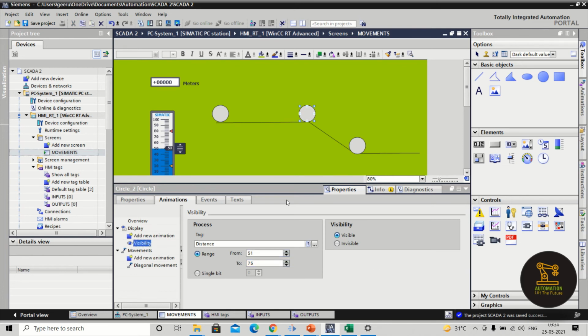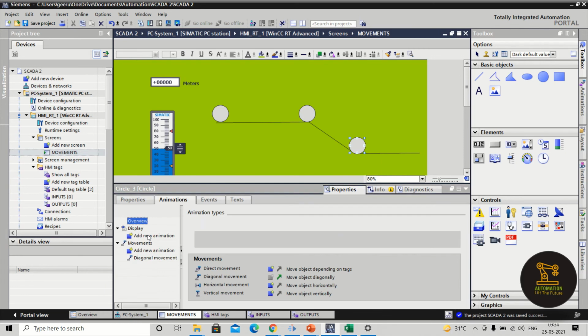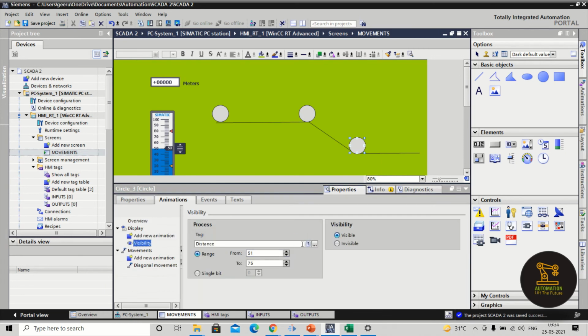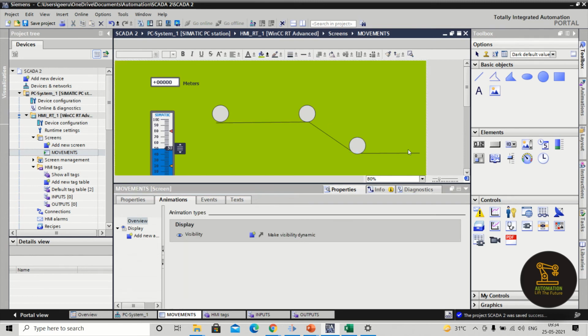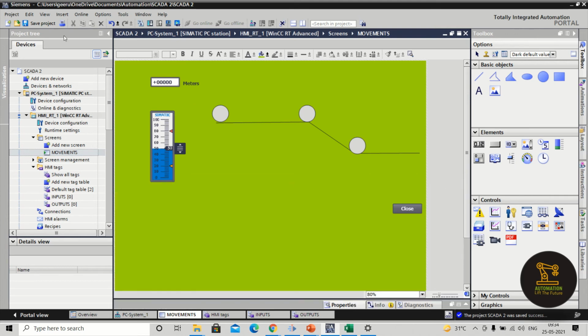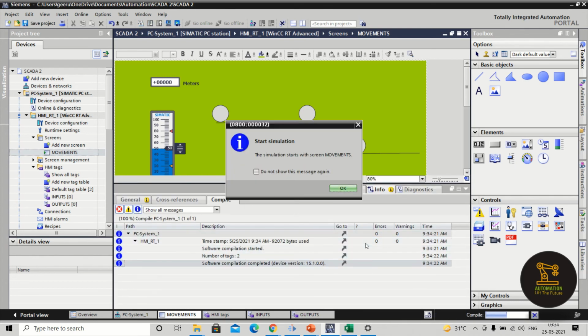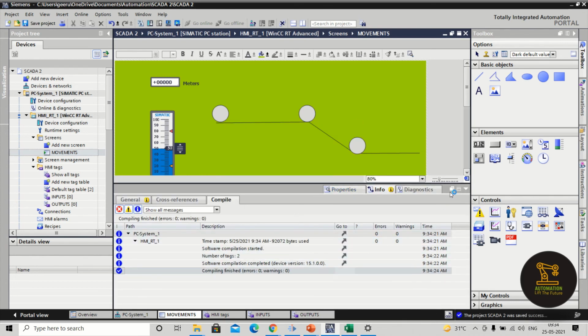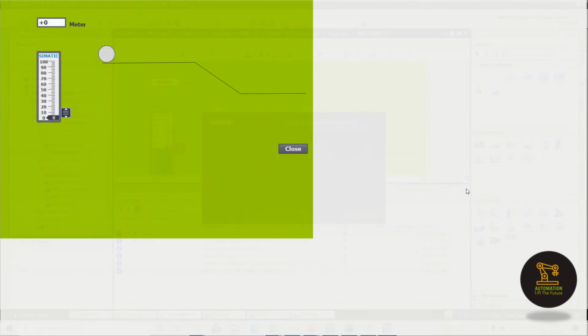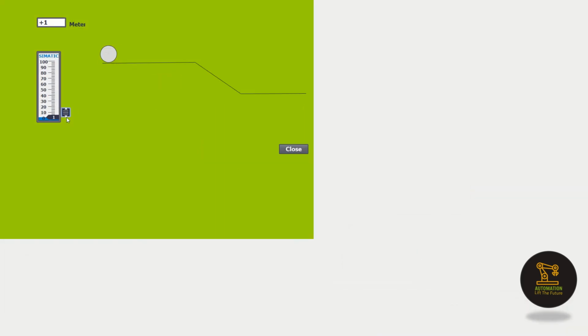Again go for copy, go for the next one, paste this, again change the value from 76 to 100. Save the project, go for start simulation. Now you can see only one circle, right?